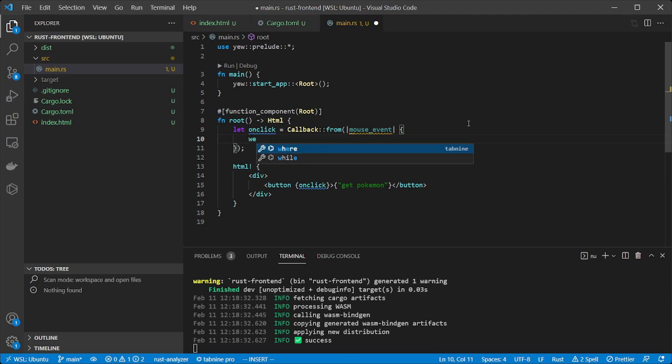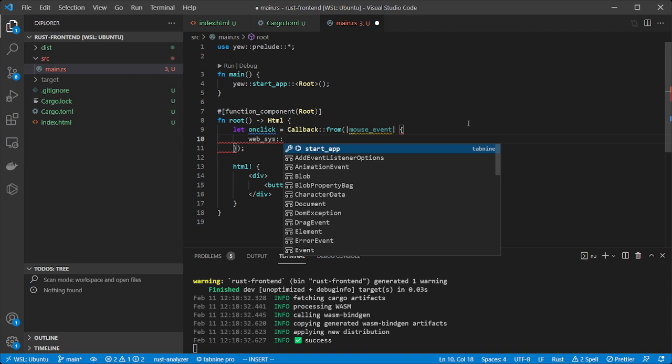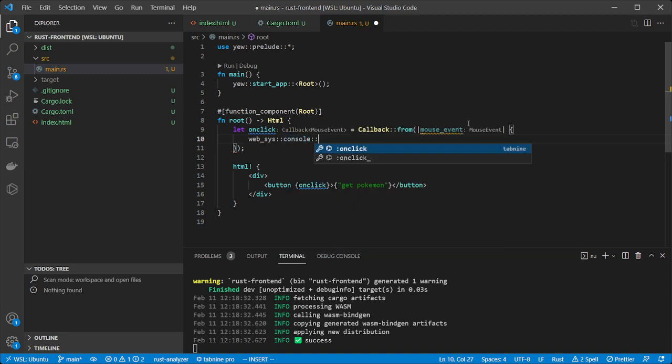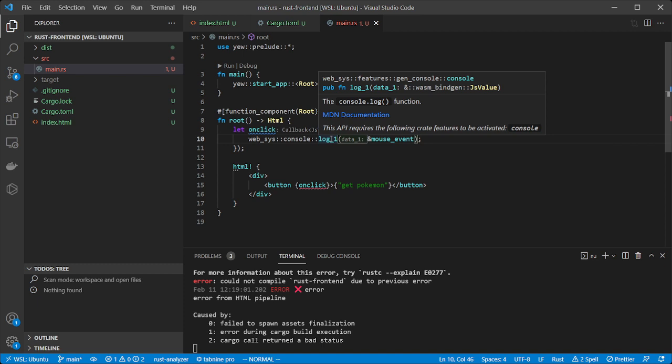So I'm going to log this mouse event by running WebSys console log1, and